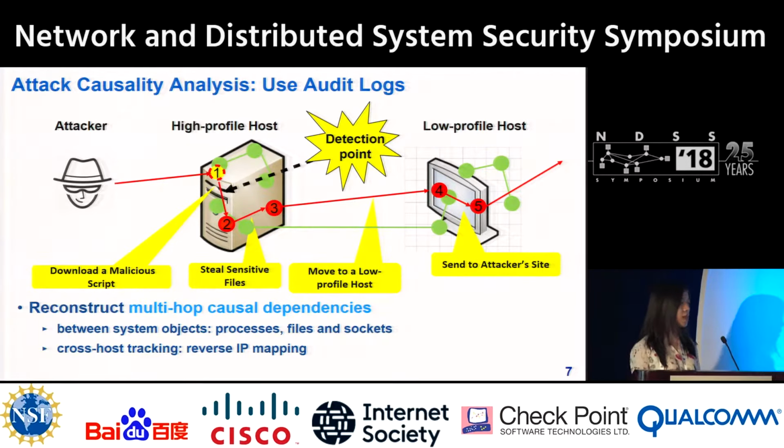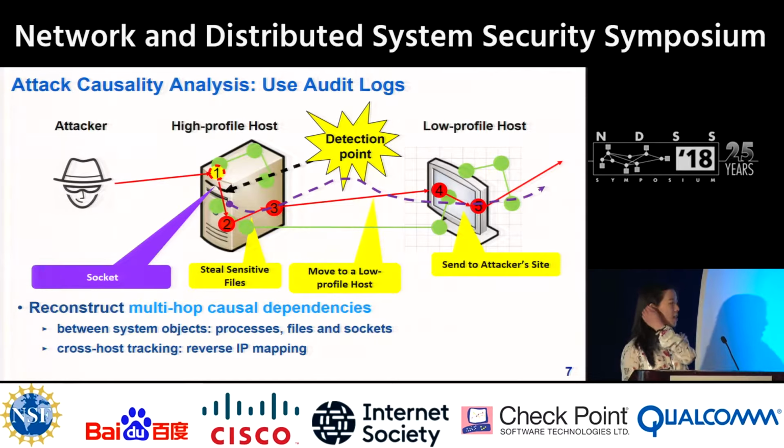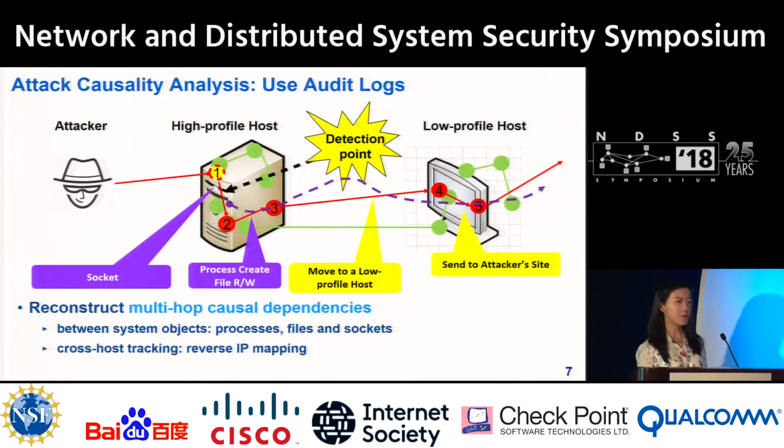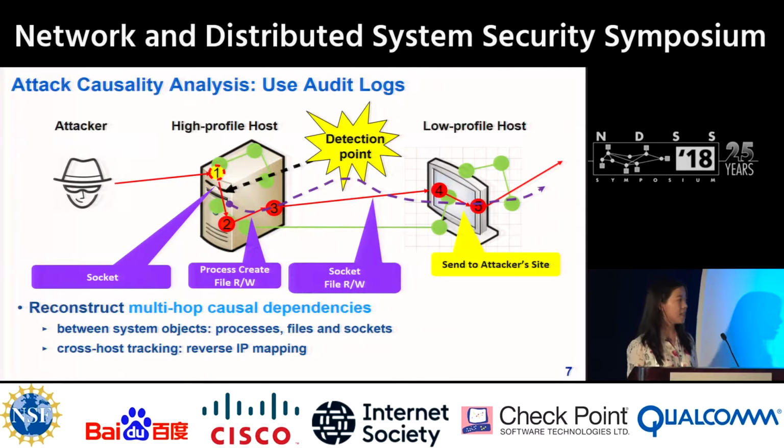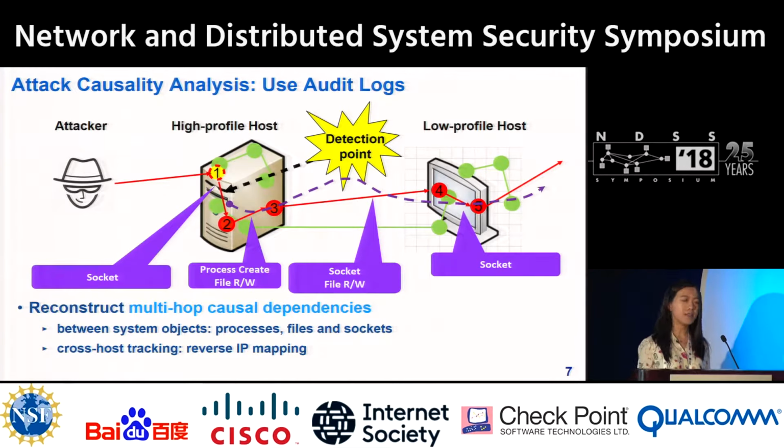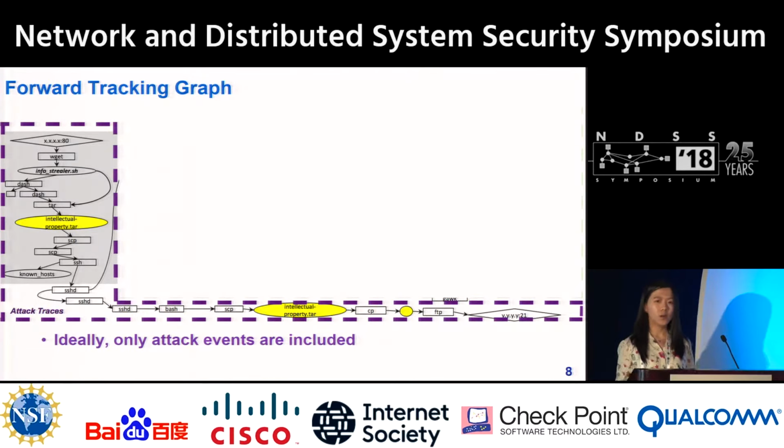So in our example, we start tracking from the detection point so we can identify the sequence of steps in this attack. We first trace a socket event, followed by process creation, file read and write, and finally we end with a socket event. So in this way, we finally construct a forward tracking graph. Ideally, our forward tracking graph should only contain the attack events. However, in practice, the truth is